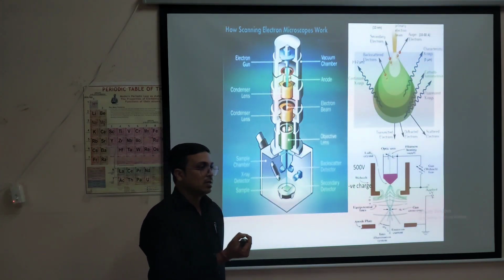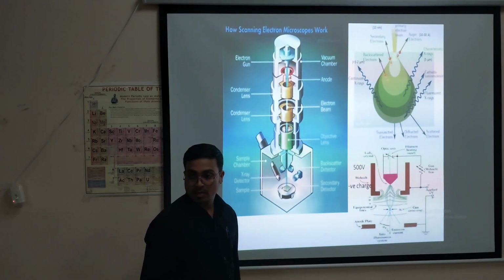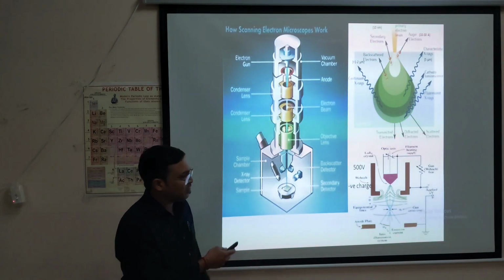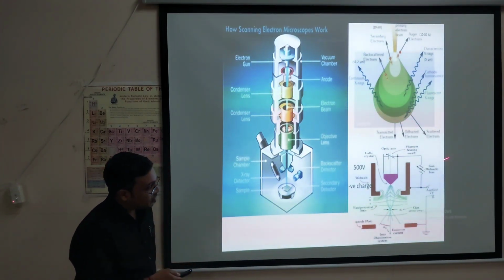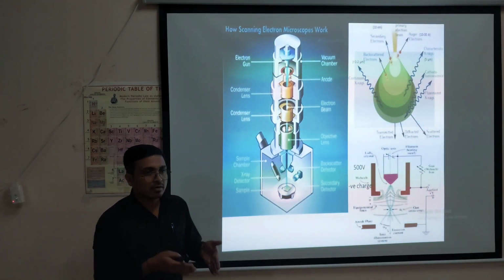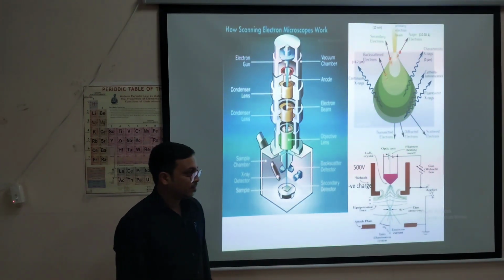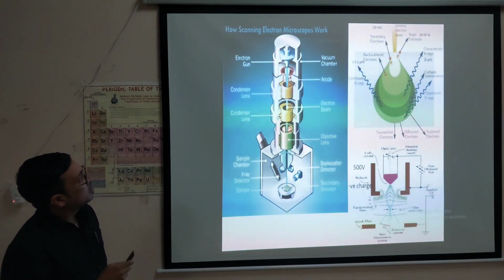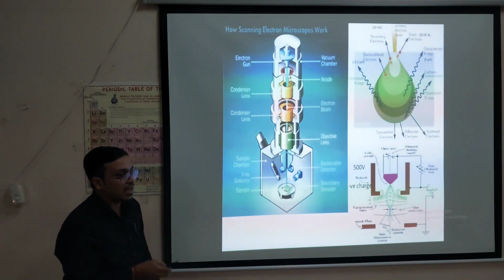Within a microsecond of time, it will scan the system. It will only focus the electron. Look, a number of electrons will be coming out of the filament. But the role of these two, anode, cathode, and the potential is to make the electron move in a focused and accelerated way. And again, after this anode and cathode, the electron gets focused in this region, but then it will get scattered.